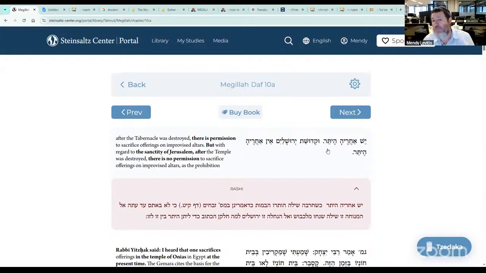So our Mishnah, what we're learning right now, says that Shiloh, for instance, like I said, Mike Huckabee loves to go to Shiloh. He goes there all the time. Is Shiloh considered a holy city for Jews? No. It hosted the tabernacle for 369 years, but it didn't become a holy city, and it also didn't affect exclusivity. Once Shiloh fell, you were allowed to put up private altars. But after Jerusalem, Kedushas Yerushalayim Ein Chereh Heter.